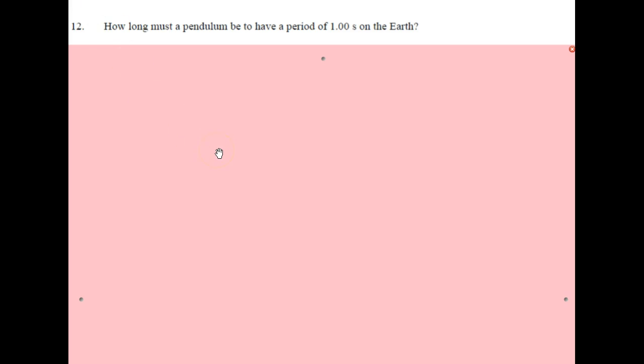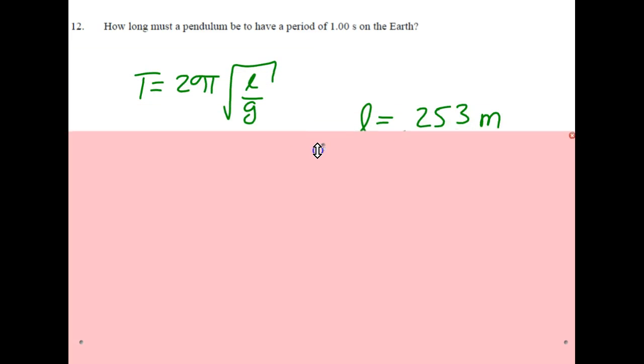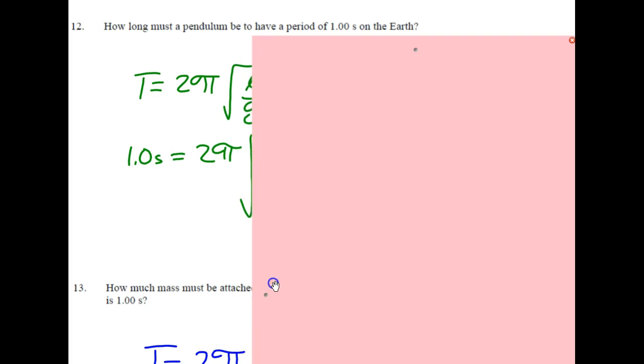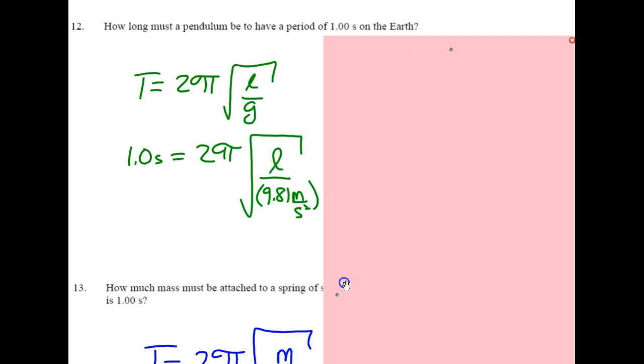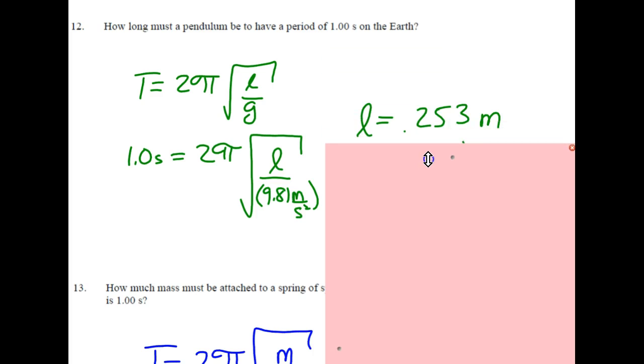All right, number 12. How long must a pendulum be to have a period of 1 second on the Earth? So we're going to start off with the formula for the period of a pendulum. T equals 2 pi square root of L over g. We're told that our period is to be 1 second, 1 equals 2 pi square root of L over 9.81 meters per second squared. Our job is to solve for L. To do this, we would divide 1 by 2 pi, square both sides, and multiply by 9.81. Completing that, we would get an L value of